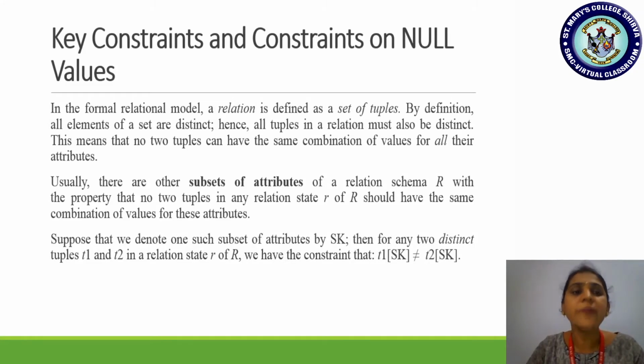It should be unique. This means that no two tuples can have the same combination of values for all their attributes. For example, if you take yourself and your friend, whatever information you have given to the college, both of you are studying in second semester BCA. Do you think that whatever data the college requires of a student, both of you have given the exact same data, totally matched? Your roll number will be different, right?